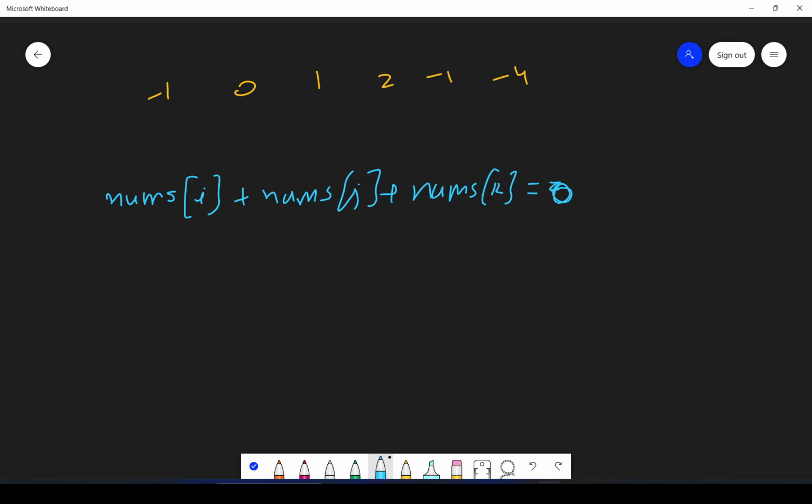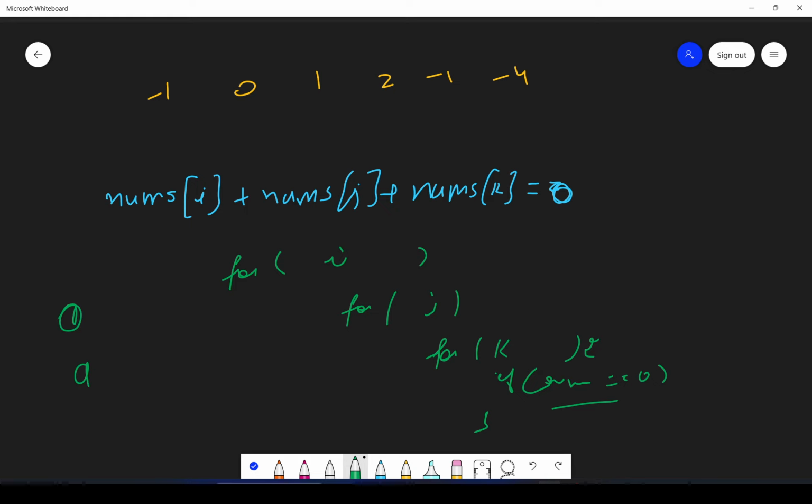So what we can do is have three loops: one for the first number, then a nested loop for the second number, and then another nested loop for the third number. And we can check if the sum of these numbers is equal to 0, then that is one combination. That is one approach.